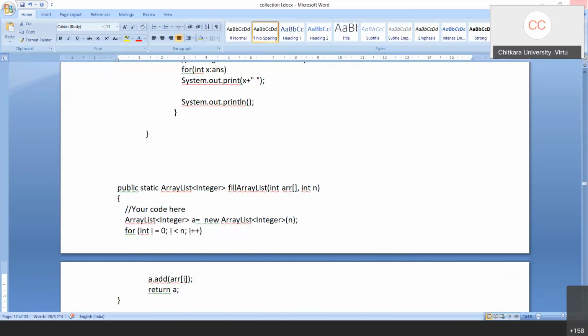Yes, it is necessary to pass the n along with the array for a very simple reason. You do not know how many elements there are. In case you do not pass n, you will have to use the length property of the array to iterate and then add it. In that case, you can skip the n. Otherwise, you won't know how many times you are supposed to run this particular loop. I hope I have answered your question.